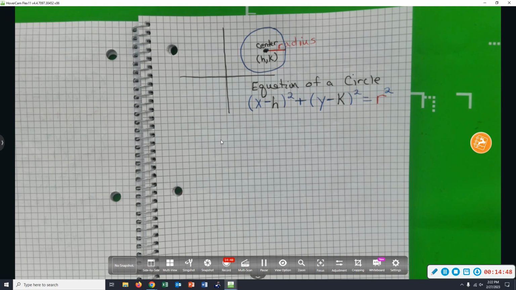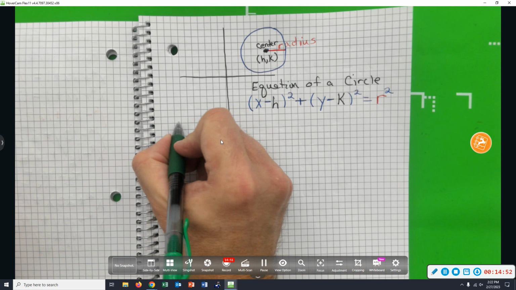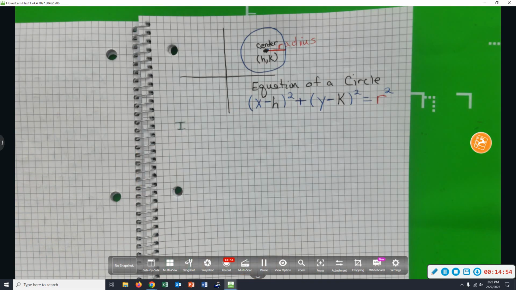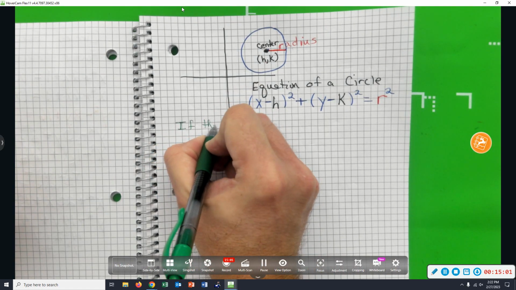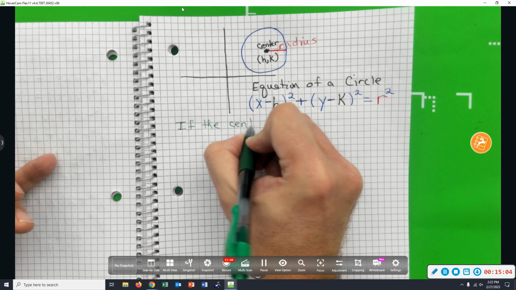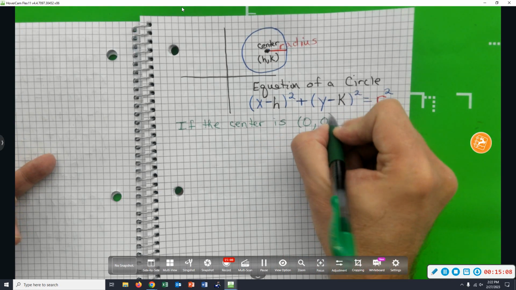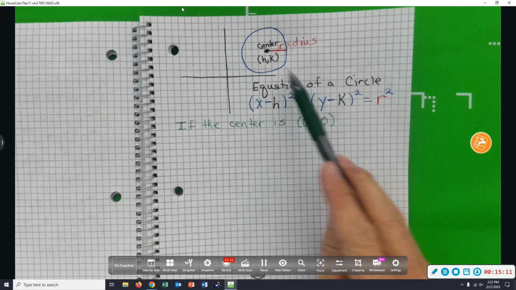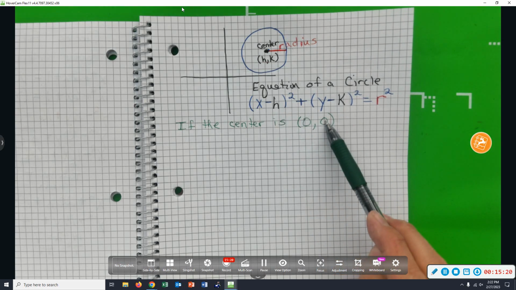Well, if the center is 0, 0, this is a special case. If the center of the circle were 0, 0, then what's the equation going to look like? If I replaced h with 0 and k with 0,